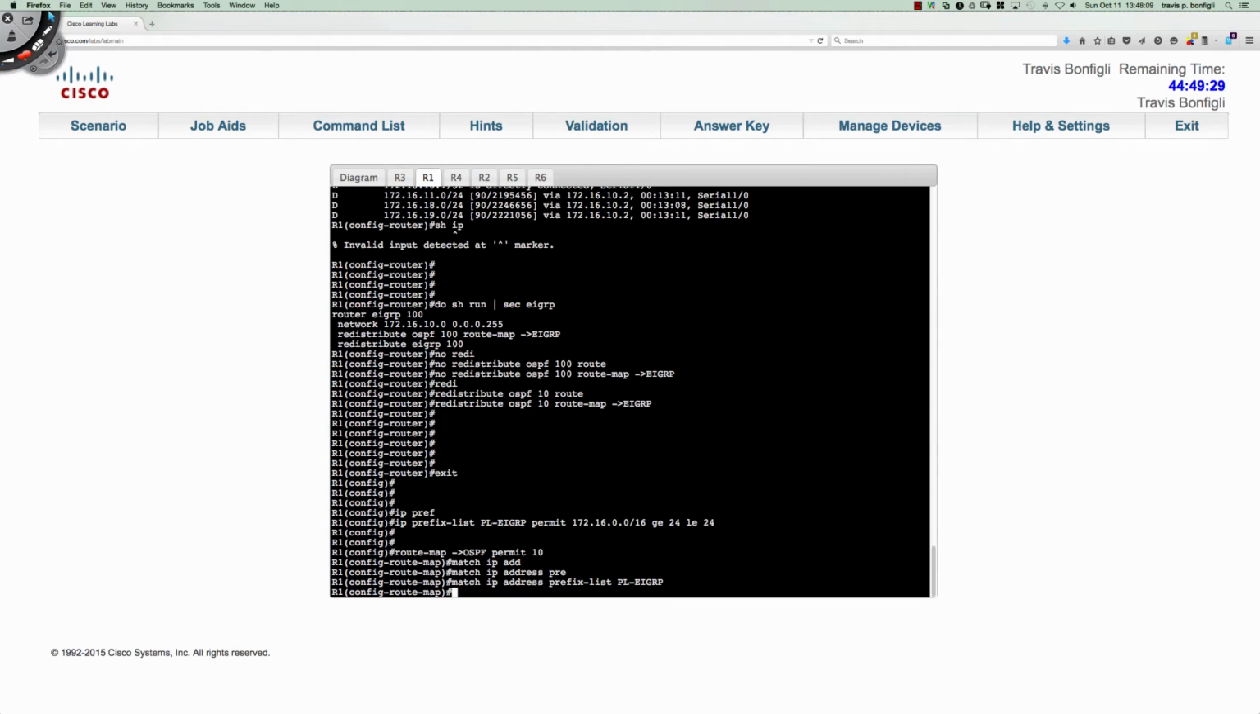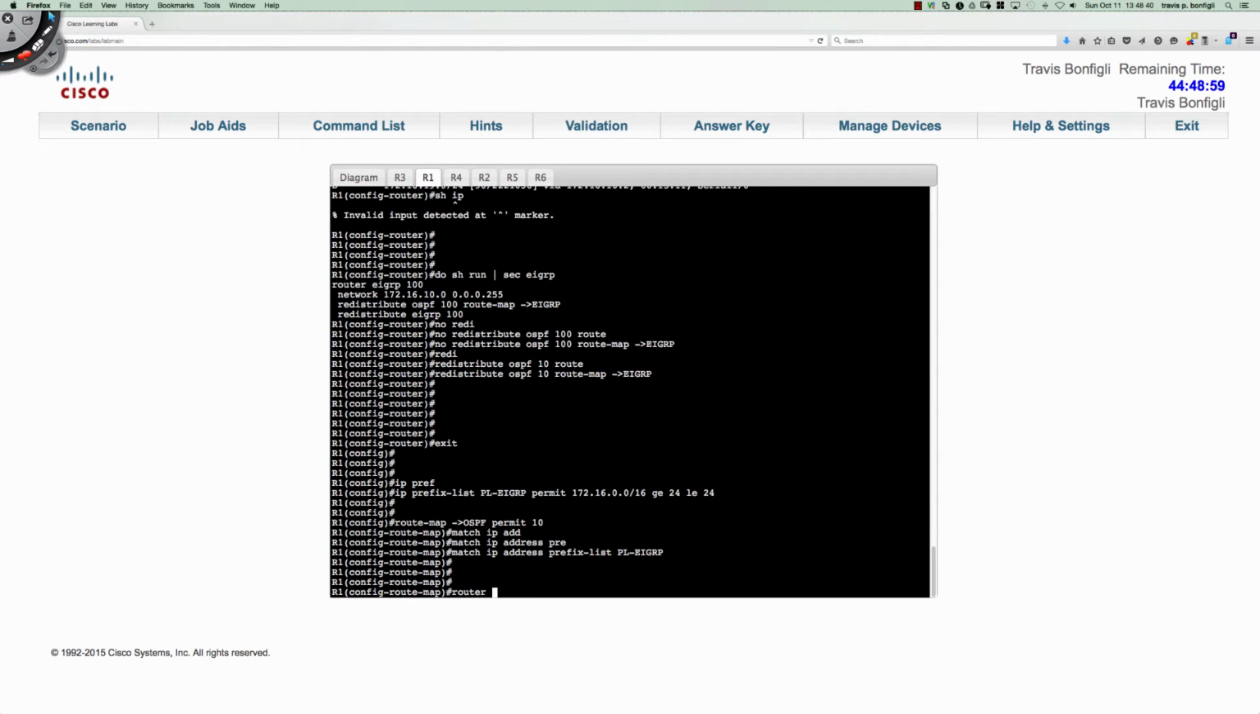PL-EIGRP. And that is it, right? Again, no setting of the metrics here because the information is EIGRP information going into OSPF. So I don't care about the EIGRP composite metric values, they're irrelevant. They're going to be assigned the default seed metric, which is 20 for OE2 routes that are being redistributed into OSPF. Okay, so now let's go ahead and say router OSPF